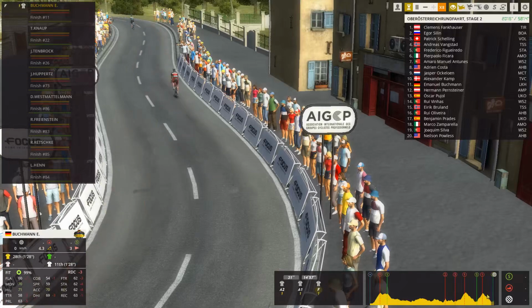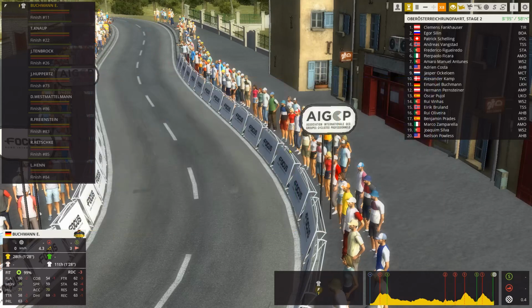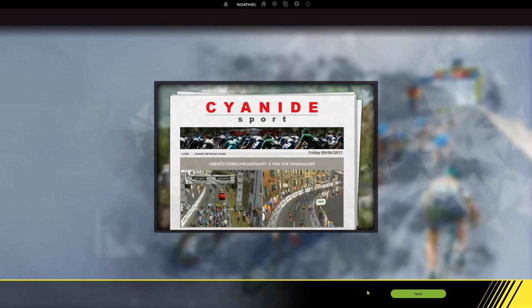Let's wait for the tail enders to finish. There are still some people out on the track there. And yep, they are in now. This was, I think, the last rider. And let's have a look at the result. So P11 is still okay. It should give a little bit of experience in terms of the...